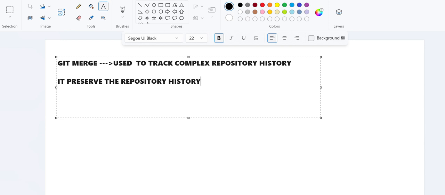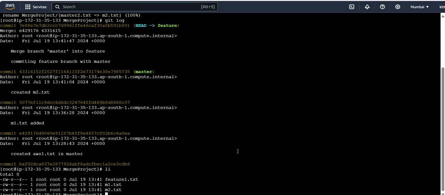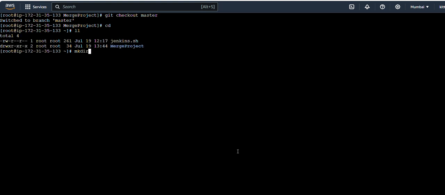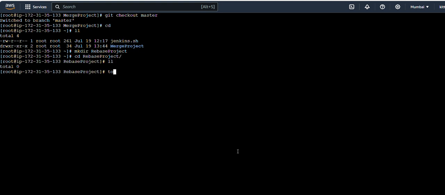Now let's understand the git rebase concept. And I'm just clearing the screen. Git checkout master. Right, now my master branch and feature branch will be having the same files in the git merge concept. Let's go and see the git rebase. I'm just creating a git rebase project here. Okay, now going inside, creating one file,